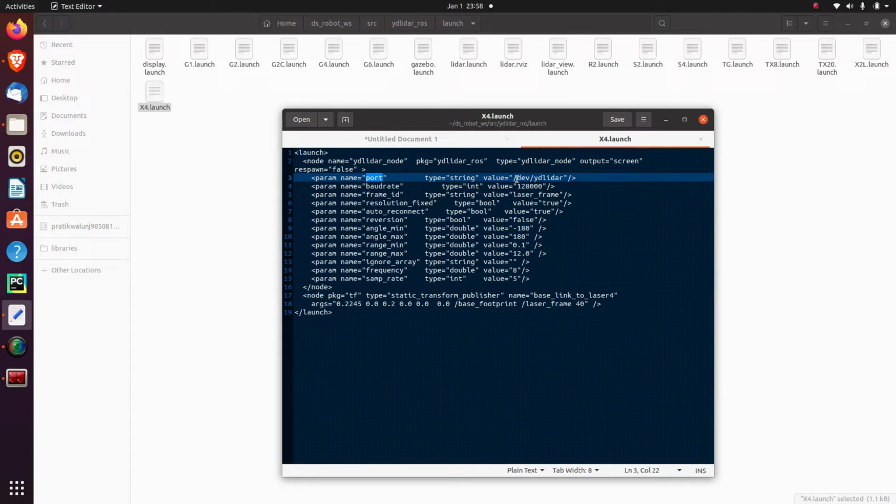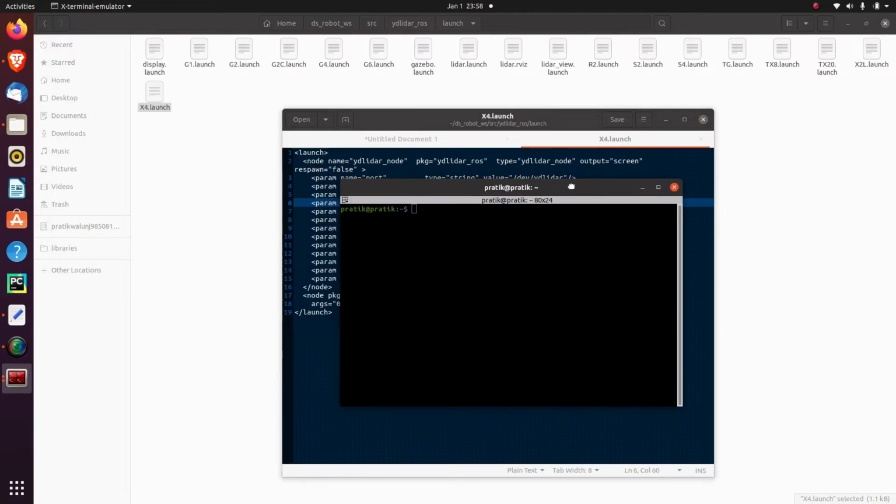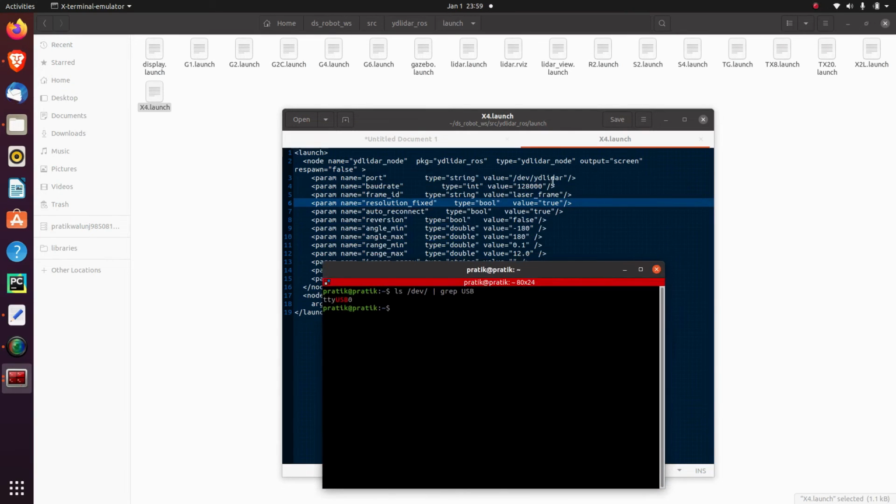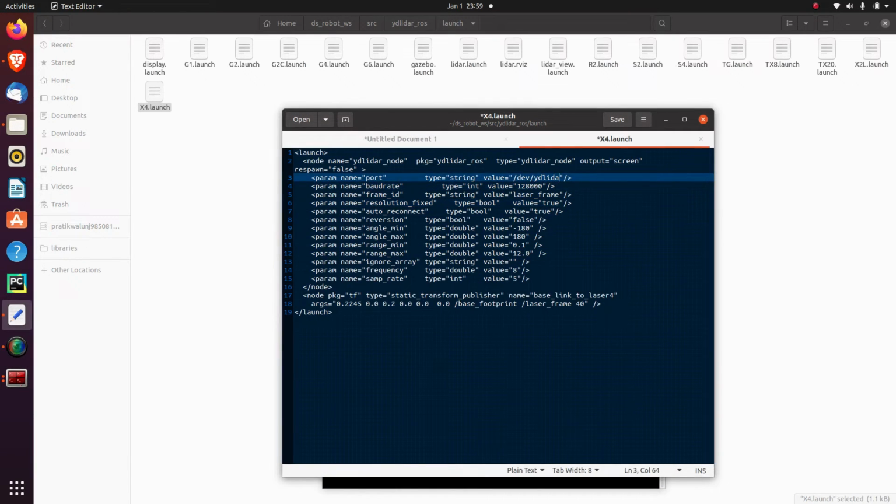To identify your port name, you have to open a terminal and type the command ls /dev | grep USB. You can see that the port to which my LiDAR is connected is ttyUSB0. So I'm going to update this with ttyUSB0, and then save this.